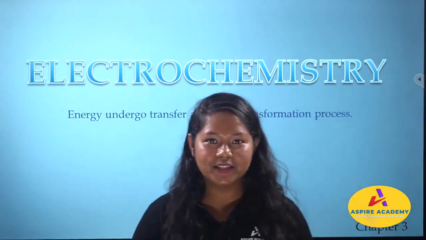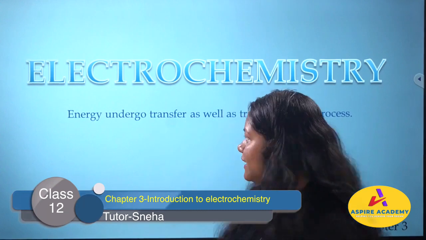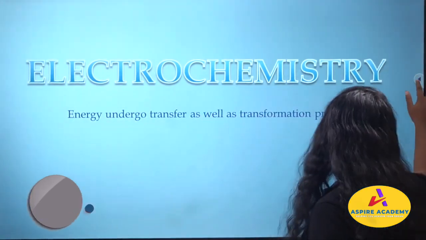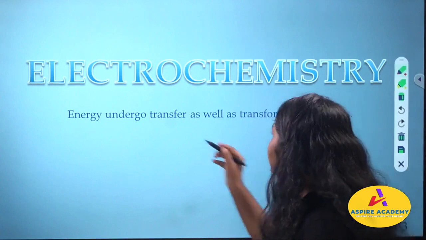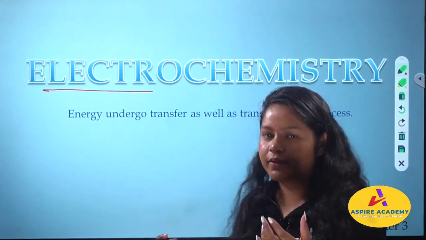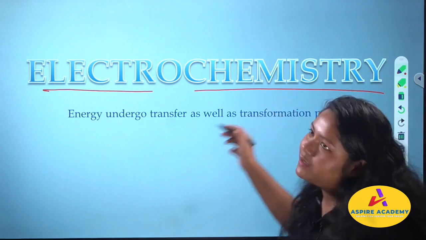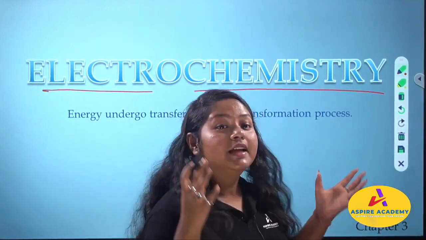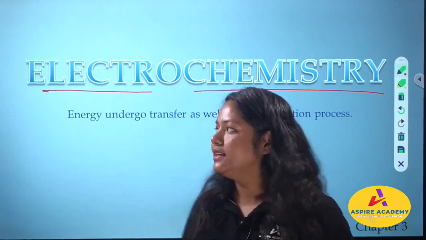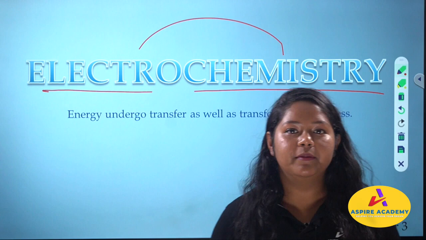Hello students, so today we are going to start with a very interesting chapter of your physical chemistry, that is electrochemistry. Now let us just understand what electrochemistry is, correct? Okay, what it is, let us see. By the term electro, you can understand that there is something related with electricity, right? And with chemistry, well, we are studying chemistry itself. So the combination of something about electricity and the chemistry inside is electrochemistry in layman's language.